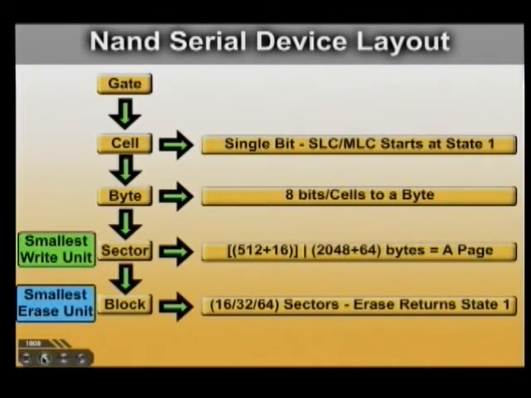Then you have your smallest erasable unit. That is a factor of a numerical value based upon the purchase of the NAND chip. So in other words, when you're buying a NAND chip, you basically, as a manufacturer, have to say how big is the sector and how big is this block that I'm going to deal with. And in that particular instance, most of them are choosing 64. So what this means to you is that when you go to erase something, you take your value times the size of your sector, and that's how much the block has to change in order to erase it. In this particular case, 2K times 64 is 128K. You would erase 128K at a time.